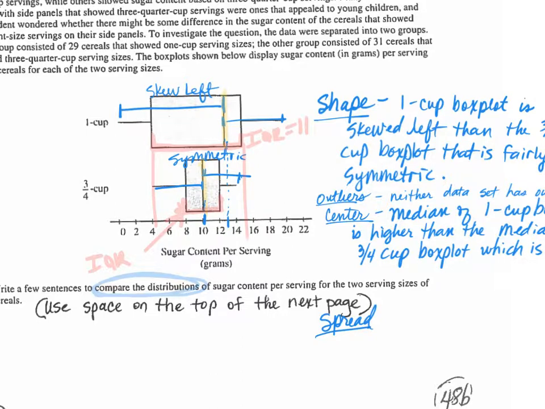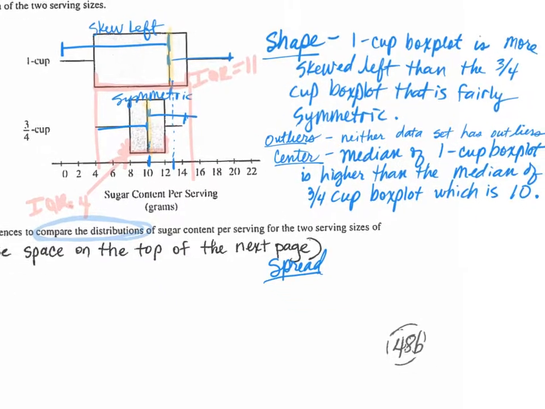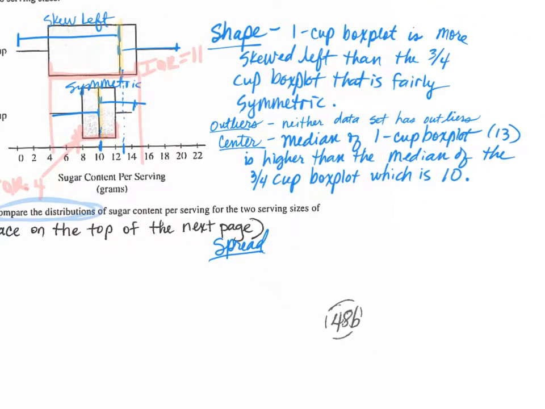So the IQR, what's the IQR of the bottom one? 4. I think it's just the IQR. Okay, so let's do that. Spread. So the IQR of 11 on the 1 cup box plot. Ooh, I'm going to put some really good stats language in here. You ready? Is more varied than,